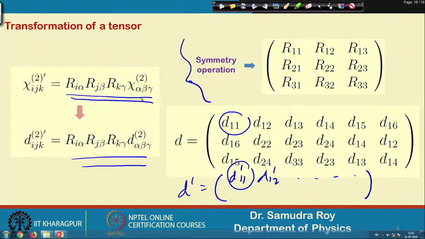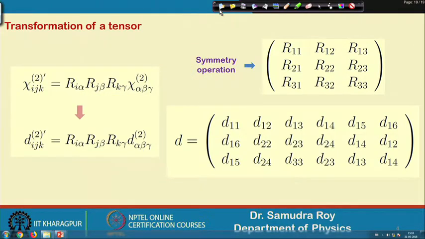For one component there will be several terms appearing, because it will be alpha, beta, gamma. Alpha, beta, gamma are the running indices or dummy indices, so they will run from 1 to 3. So there will in principle be many terms there, and it depends on how the symmetry operation or the symmetry matrix looks. So, let us take this example so that you can understand exactly what I am trying to say.